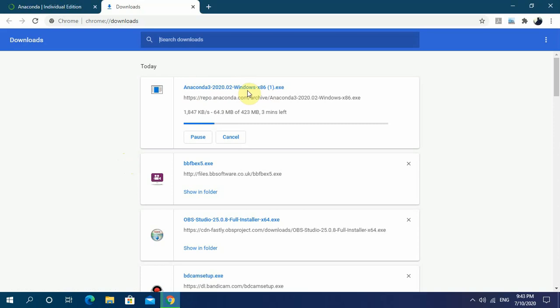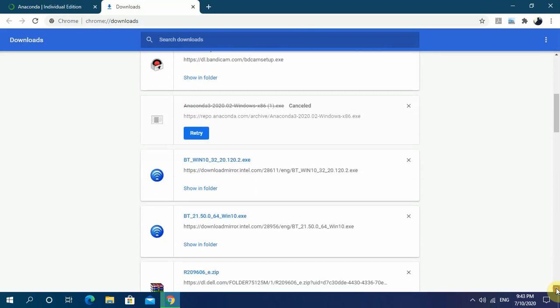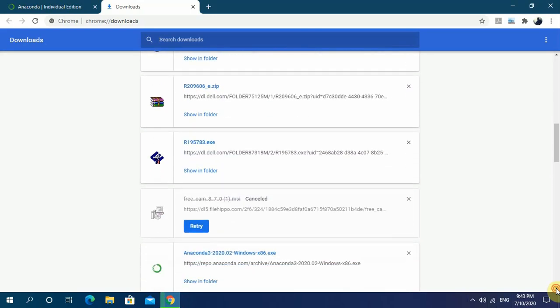In the installation of Anaconda, there is nothing much. It won't ask anything that is very technical over here, so you just need to click on next and you can install the Anaconda package. Alright, so for now I am pausing this as I have already downloaded Anaconda. As you can see over here, I have already downloaded it and I have installed it on my computer.